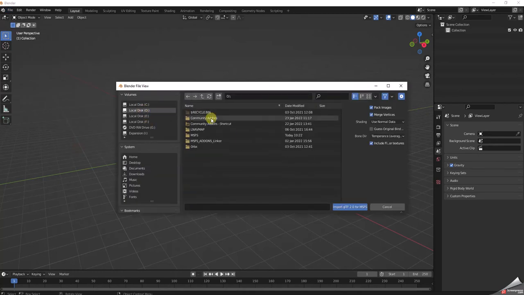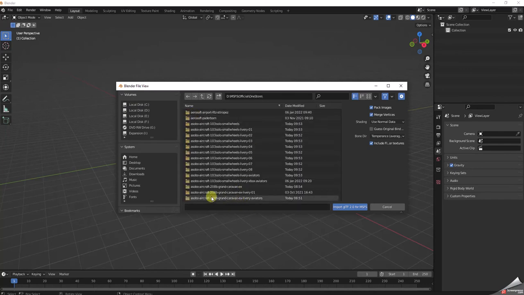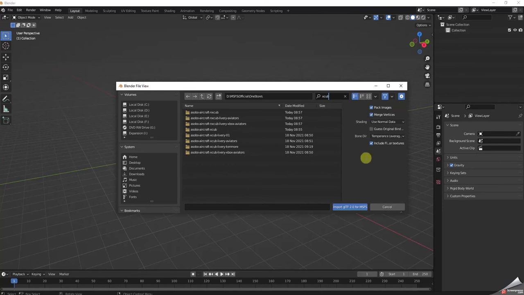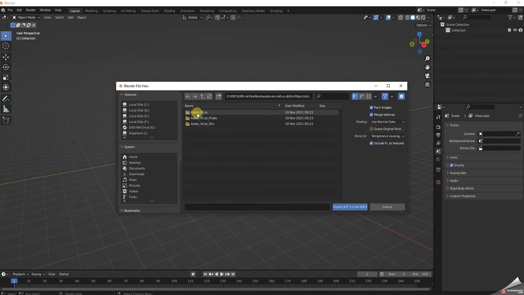I'm on my D drive, and here's MSFS right here, and I want the official folder and the one store, and then I need to locate my airplane. Now I want the X-Cub, so I'm going to go up here to where that little magnifying glass is, and I'm going to type in X-Cub. You probably don't have to type it all the way out, just an X, and there it is, right in the middle. I can click on that, or double click it, go to Sim Objects, into Airplanes, and then there's